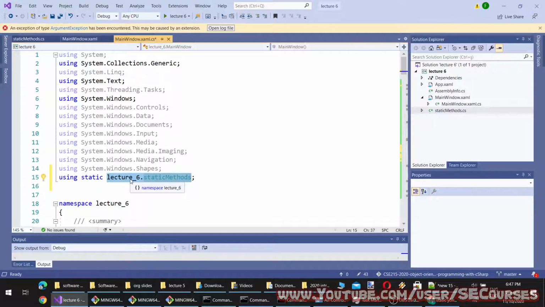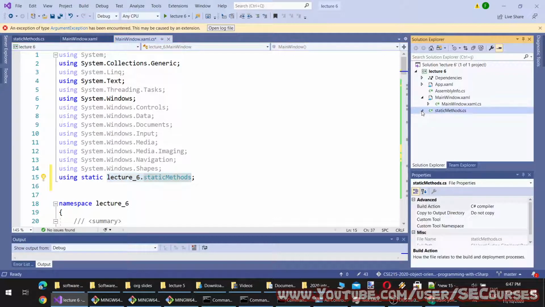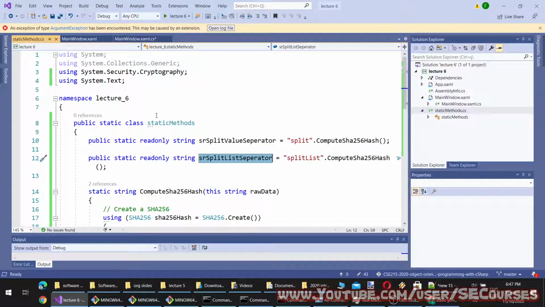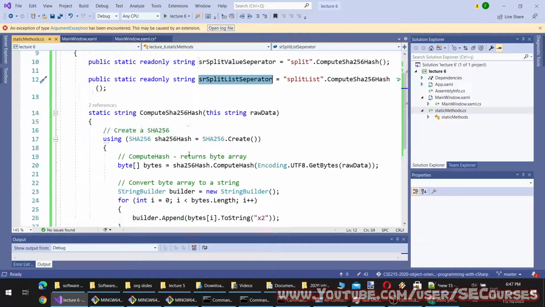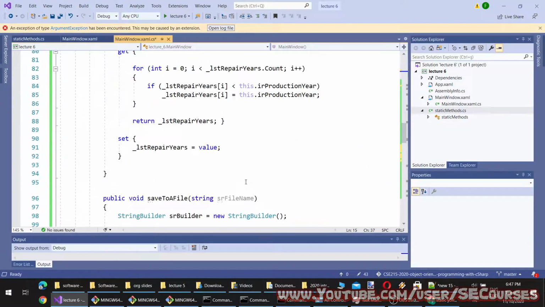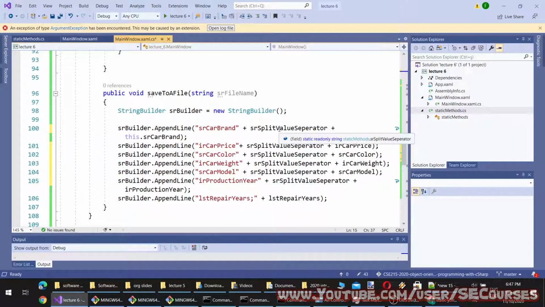Our namespace is lecture 6, and the class name is static method. Now this variable is available to use here. You see it shows its path as a field static read-only string from static methods file.